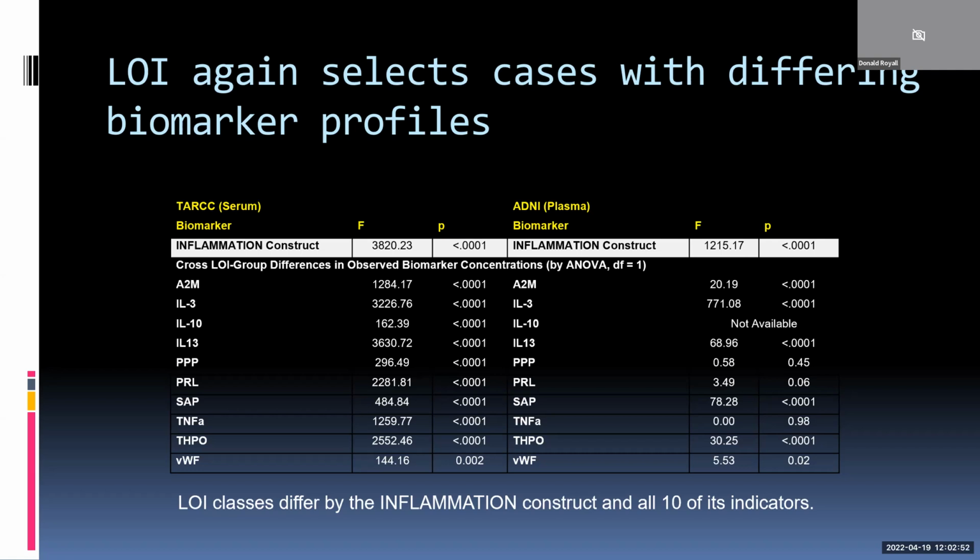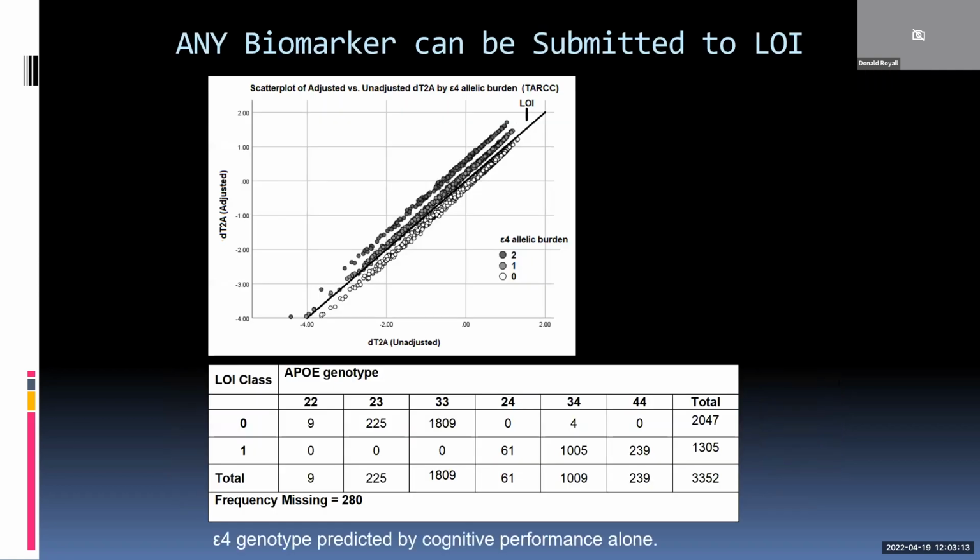So once again, we are predicting adverse impacts of biomarkers on dementia severity using cognitive assessment alone, which can be deployed remotely at scale over the telephone, the internet, or any other modality that we wish to construct the homolog in.